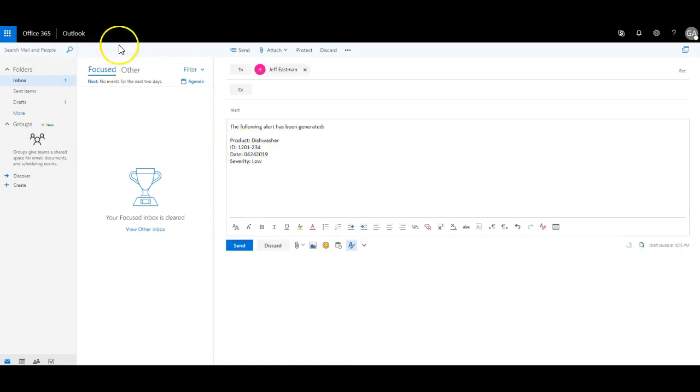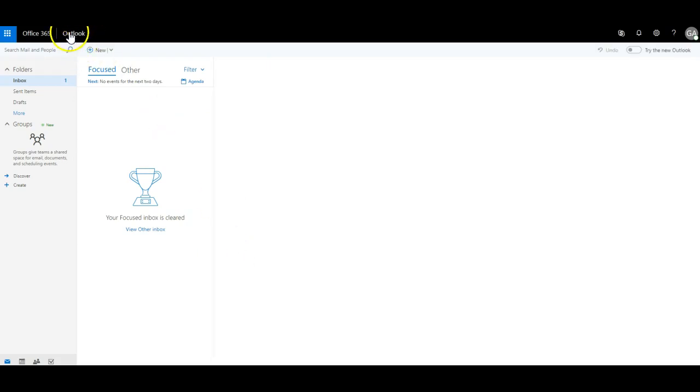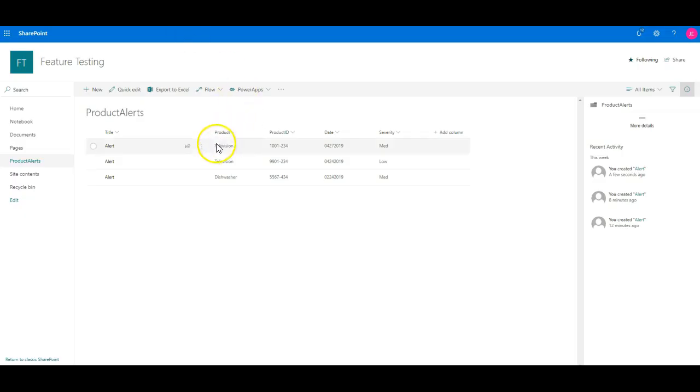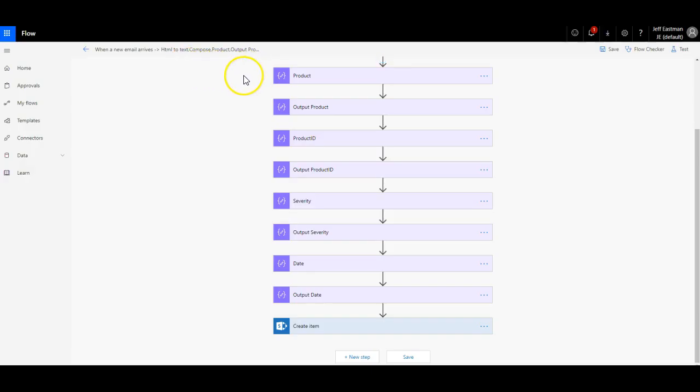Okay, so this one's going to be dishwasher, and we'll say 5567. Great. 434. Maybe it happened on February 24th. We'll say medium. So we'll send that. So that ran successfully, and if I go to SharePoint, we can see there it is. So the last thing we'll do is